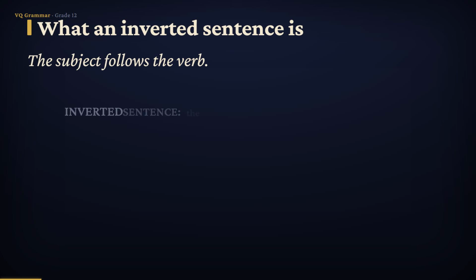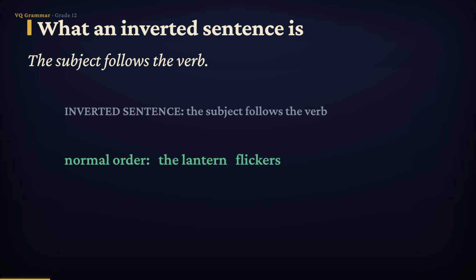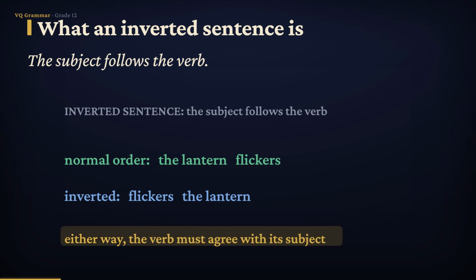Here's the key idea. An inverted sentence is one where the subject follows the verb. In most sentences, the subject comes first and the verb comes after. The lantern flickers. But sometimes a writer flips the order, so the verb comes first and the subject trails behind it. Flickers the lantern. Why does this matter to us? Because the verb still has to agree with its subject in number, singular with singular and plural with plural, even when the subject is tucked in behind the verb. So your one job in an inverted sentence is to hunt down the true subject, wherever it's hiding, and match